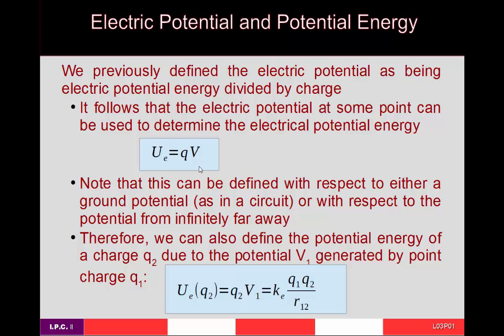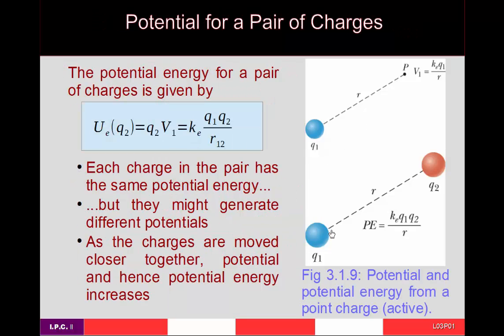And so if you want to get the potential energy of a charge Q2 due to a potential that's generated by a charge Q1 for 2-point charges, you would use Q2 times V1, which is equal to Ke Q1 Q2 over R12, where R12 is in fact the distance between the two charges. Note that this is not R12, this is R12. So it is the distance between two